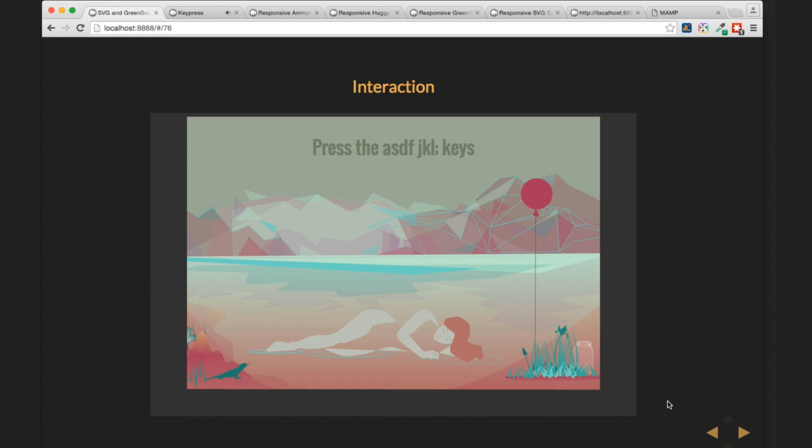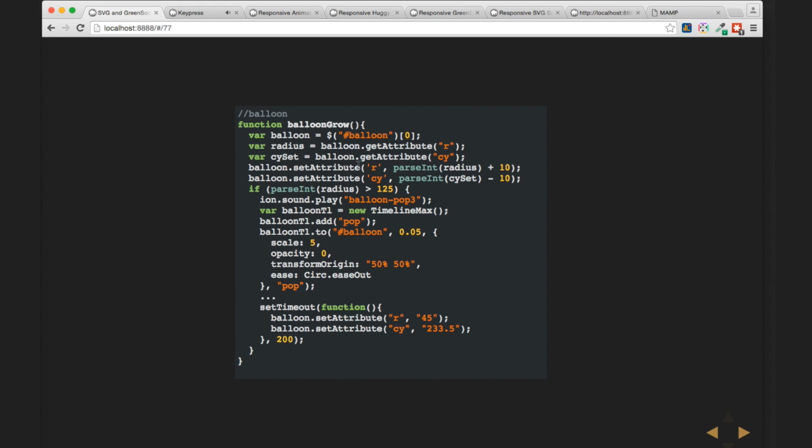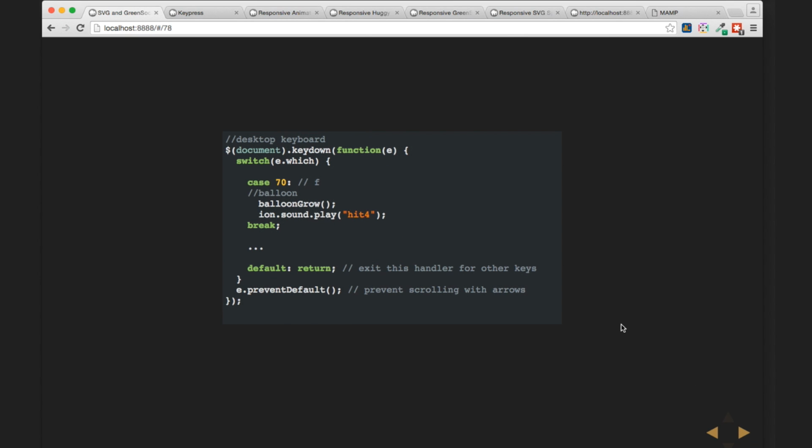Really I'm just grabbing the radius, and the cy attribute is just where that circle is placed, and I'm updating the radius and the cy value every time that's hit. And then I start a timeline once it gets to a certain largeness, I activate a timeline especially for that. And then I attach it to a key event.